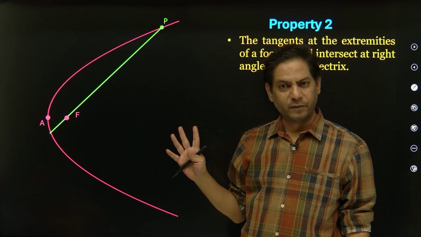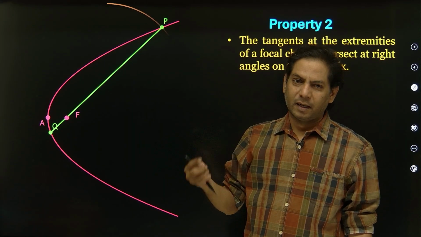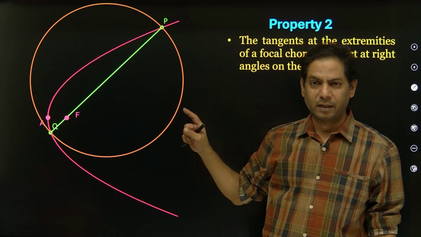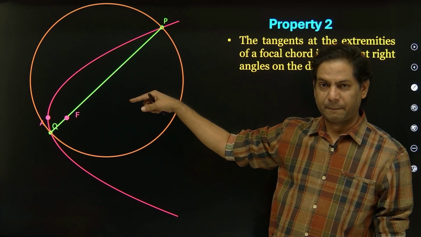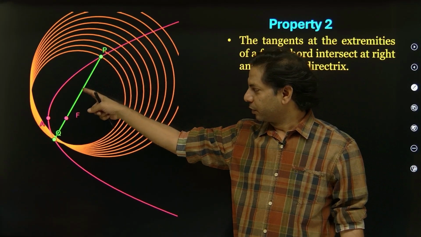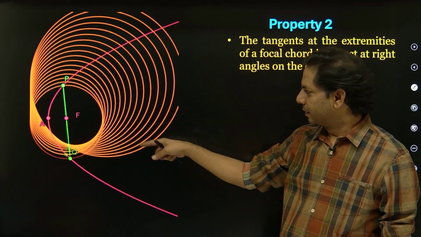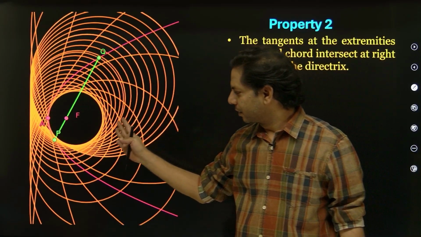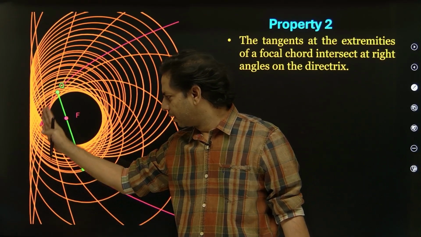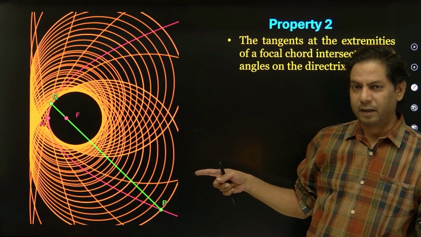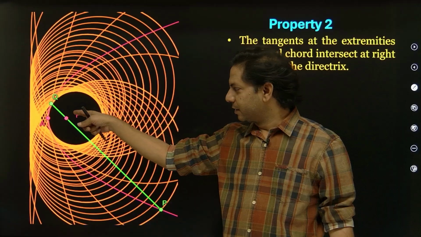Point P, focal chord, endpoints PQ. Again we draw a circle with PQ as diameter. If we change the position of P, let's see what happens. Now P is changing position on the parabola and all these circles are there, and you can see that all these circles are not crossing this line on the left side. That is, there is some vertical line to which all these circles are touching,